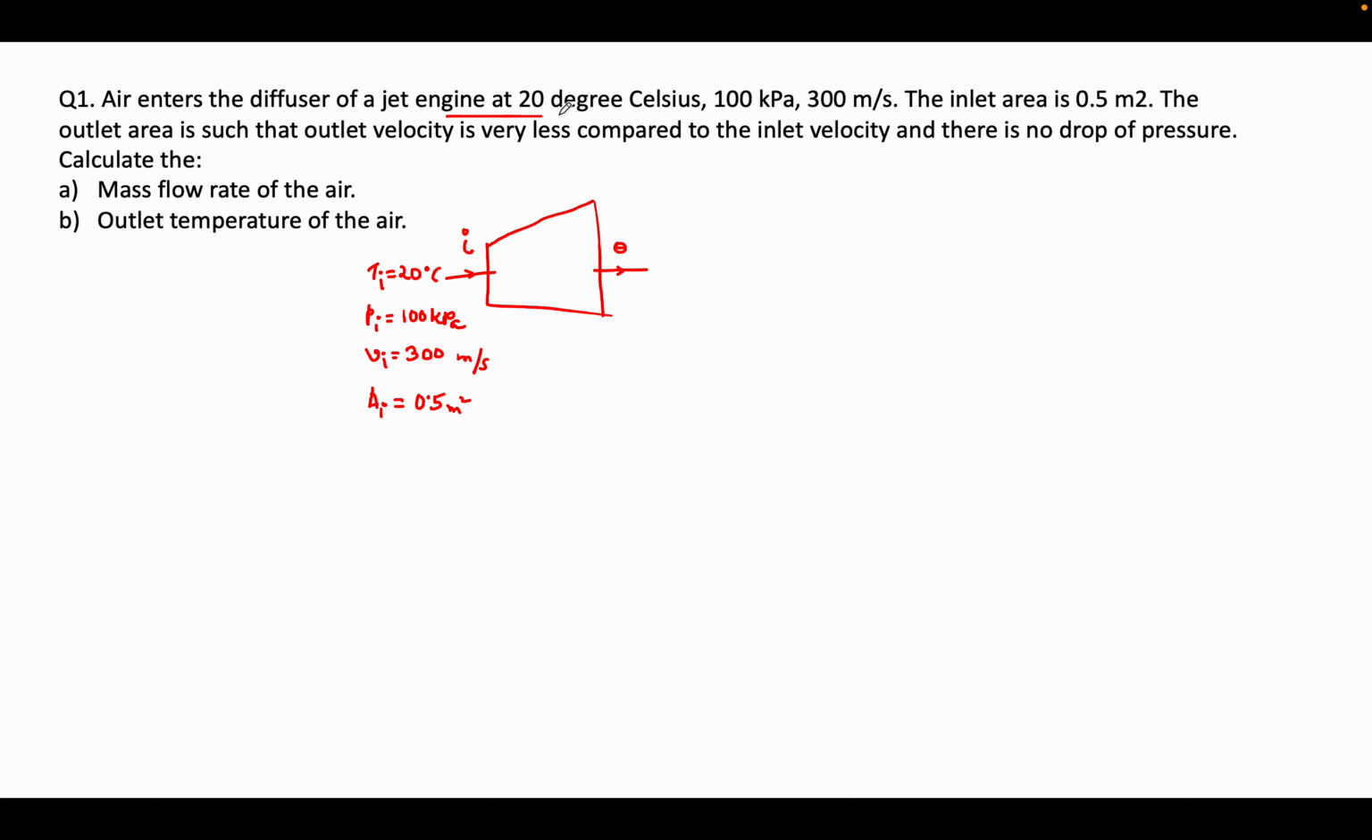This is what the first statement tells us. Then we are told here the outlet area is such that outlet velocity is very less as compared to the inlet velocity. That means what? That VO